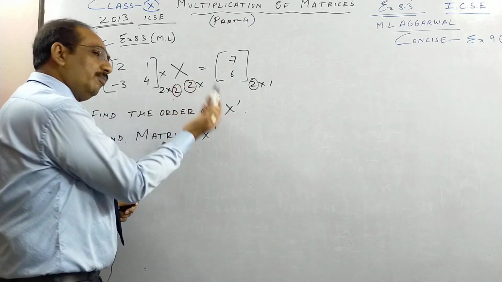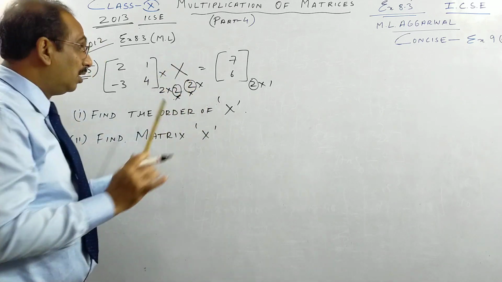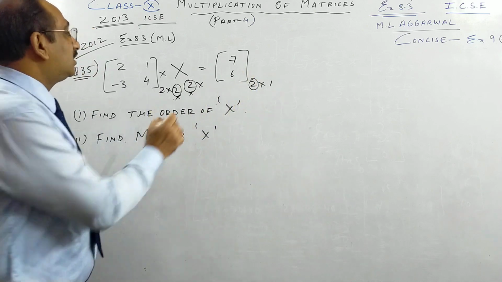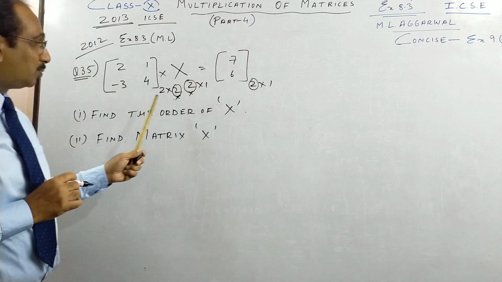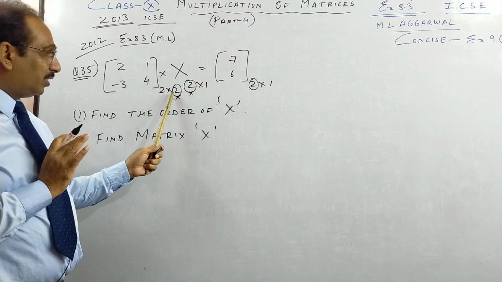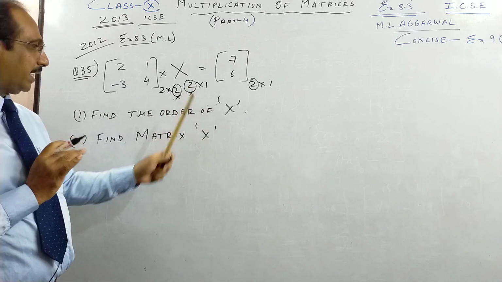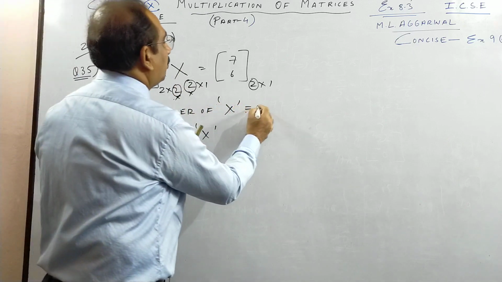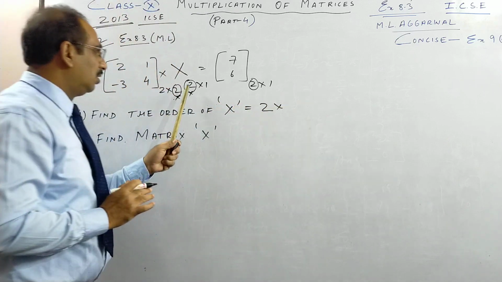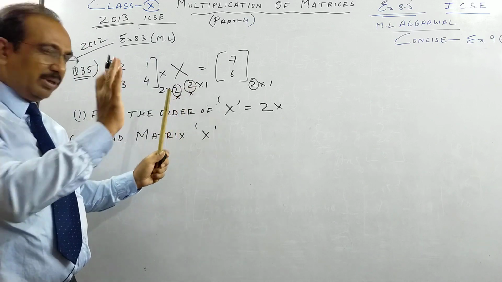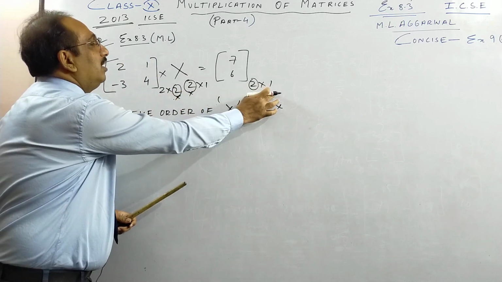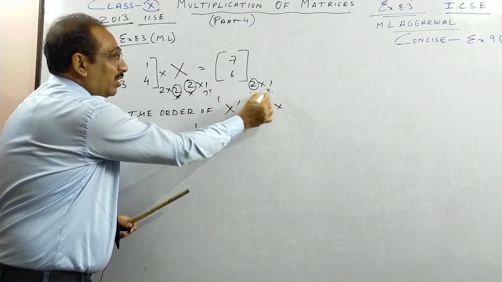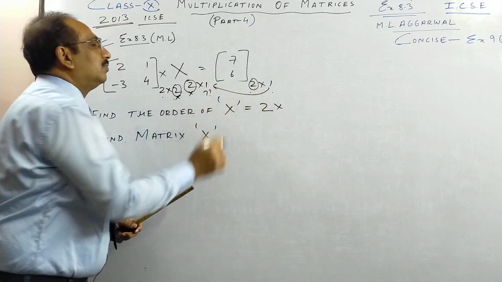Now these two will be multiplied, so you just cancel them in your mind. What remains is this matrix we get. So here you see 2 by 1. So this is 2, this will be 1. Once more, the column of the first should equal the row of the second. So the row of X is 2. Now mentally you cancel them. What remains? 2 by 1. So what remains is 2, and here we don't know what it is. Since this is 2 by 1, and 2 is here, this will be 1.